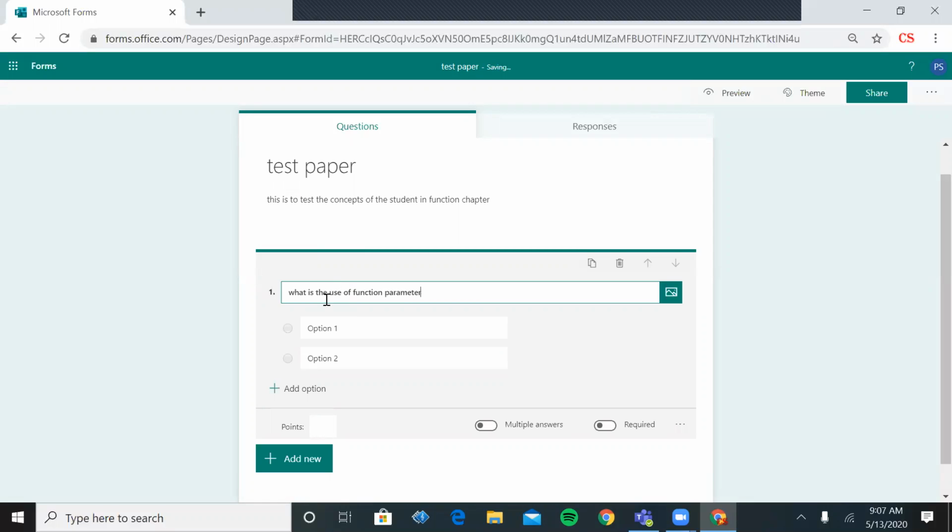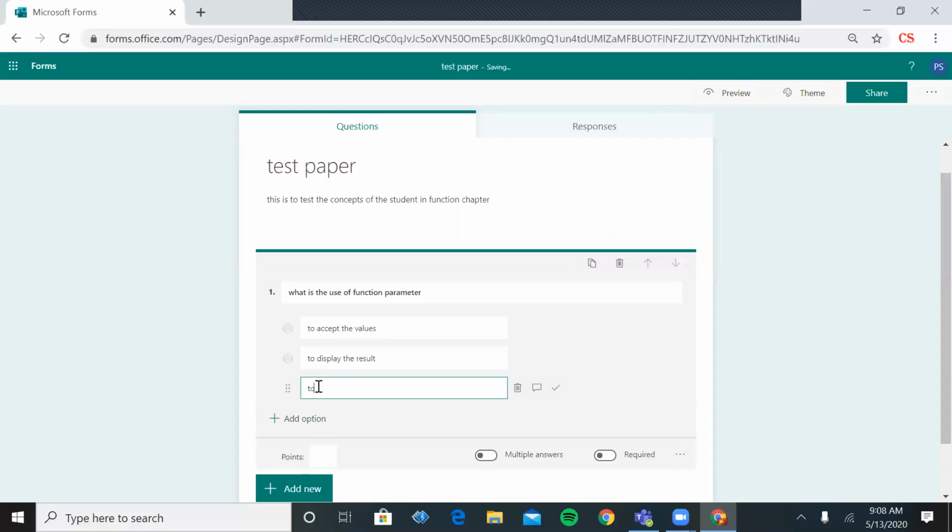If there are three options, then you can specify to accept the values, to take, to display the result. You can add more options also, to return value, in this way.